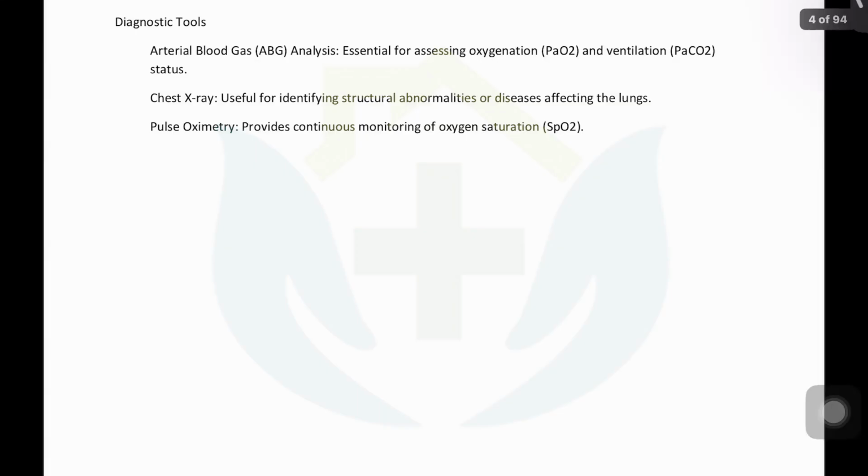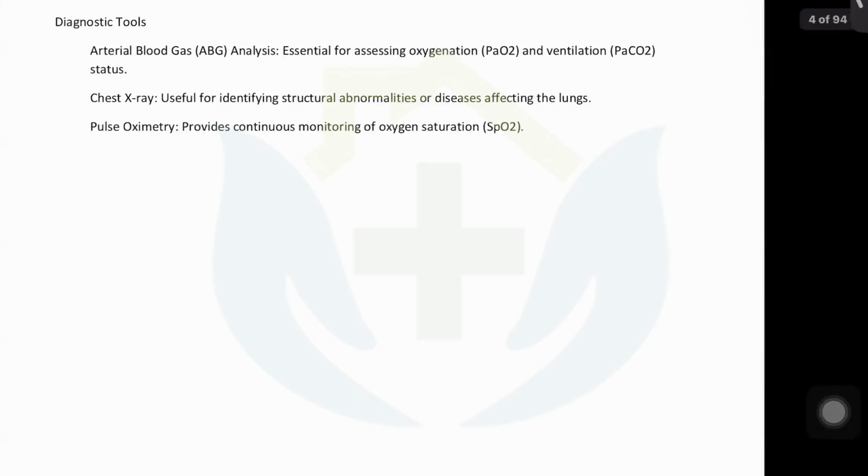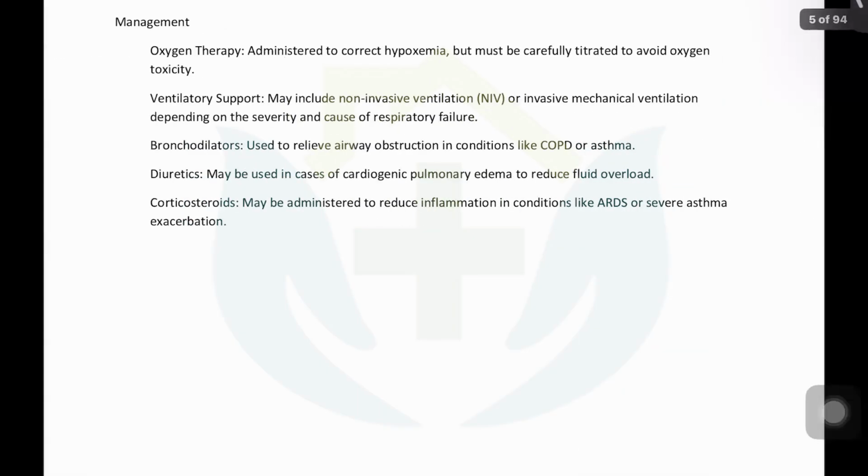Of course, it gives you more information as to what is the pH of the blood, what is the bicarbonate level in the blood, and if there is any methemoglobinemia present in the blood, it can tell you more, and lactates and everything. So, fingertip color, pulse oximetry, arterial blood gases, and yes, chest X-ray and other radiological tests will help you do the assessment of a patient whom you think is in respiratory failure.